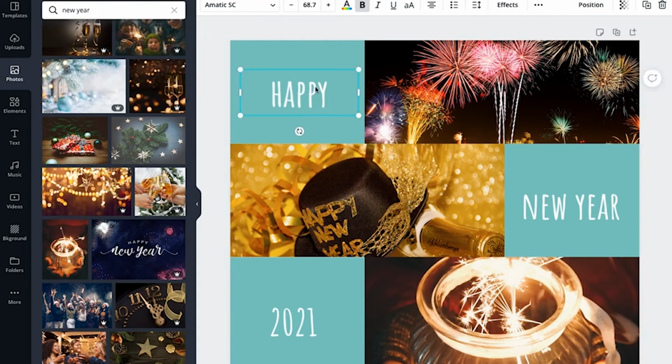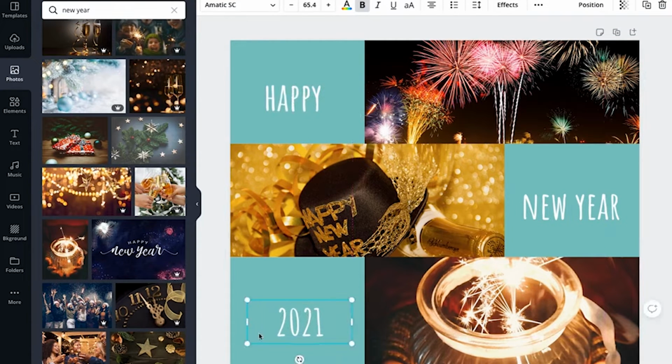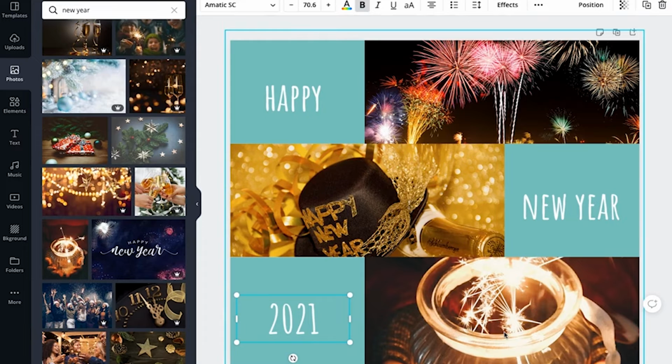Okay, just making it a little better. Cool. There you go. 3 different images with the appropriate text, and the images also representing the celebrations that you have for New Year. And once you are done with your design, you can directly click on the small arrow which represents your download option.